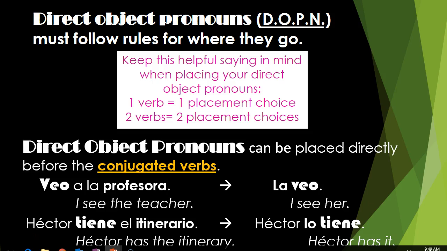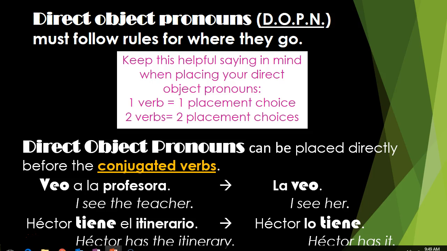So direct object pronouns can be placed directly before the conjugated verb. I'm being very specific intentionally. It can't just go before a verb. It has to go before a conjugated verb. So we've got a couple of examples. We've got "veo a la profesora," which is "I see the teacher." If we were going to replace it, we have to see, okay, whom or what is being seen. That's how we get the professor. So profesora is the word that we would replace. Notice veo is a conjugated verb. So if we were to rewrite this short sentence with a direct object pronoun, it's going to turn into